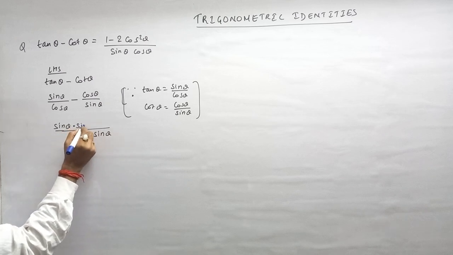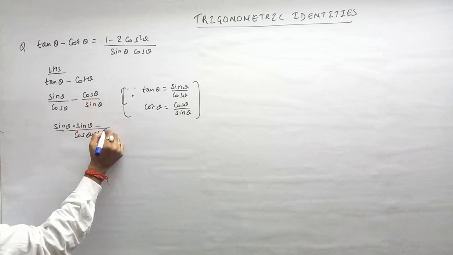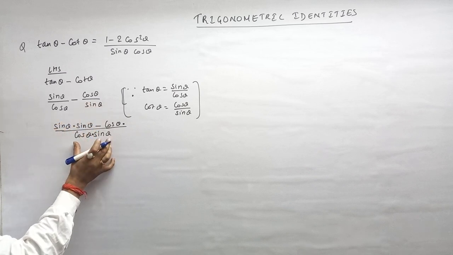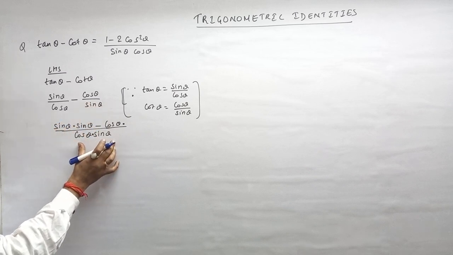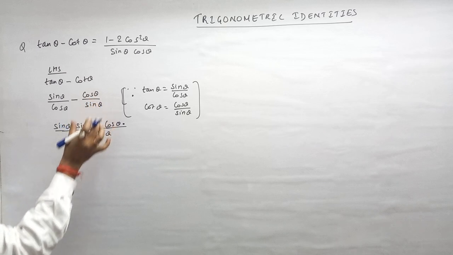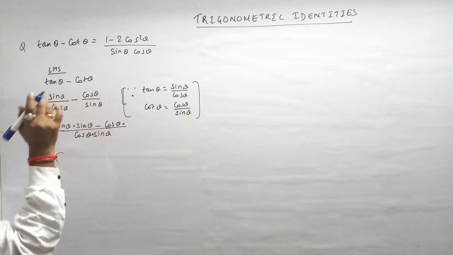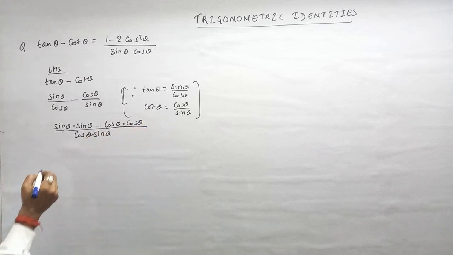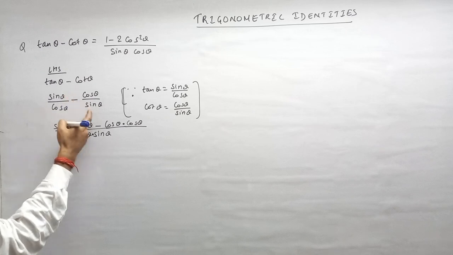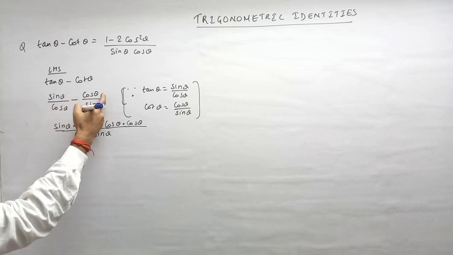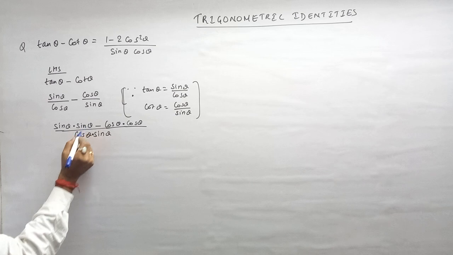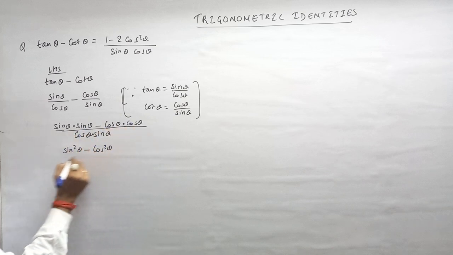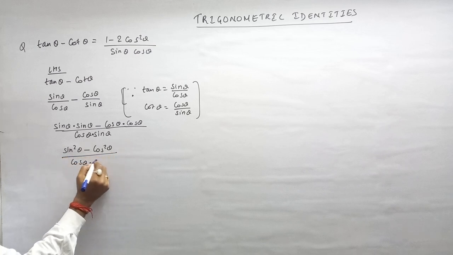So again this is sin into sin theta minus, here we have cos theta. Sin should be multiplied by what to get cos into sin? So again here this is sin into cos theta, which is cos theta sin theta. So we'll multiply this with cos theta. Right? Again, if you remember, it is simply multiplying this and this way, crossing it. So sine into sine is sine square theta, cos into cos is cos square theta, divided by cos theta sine